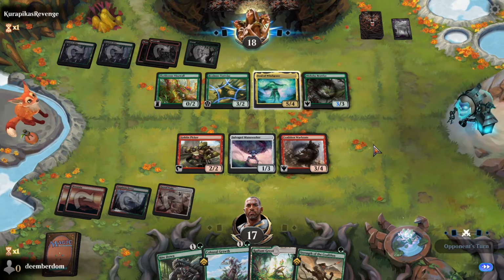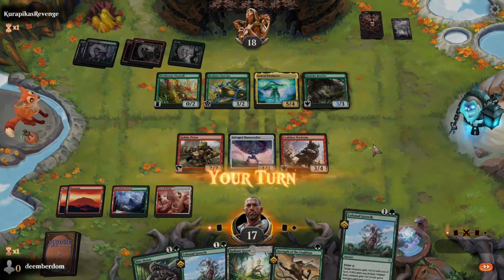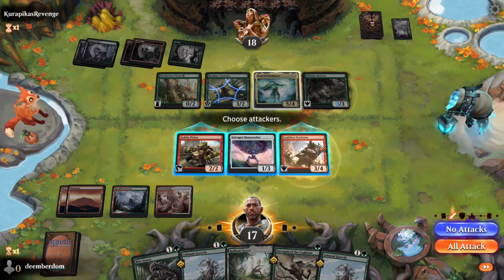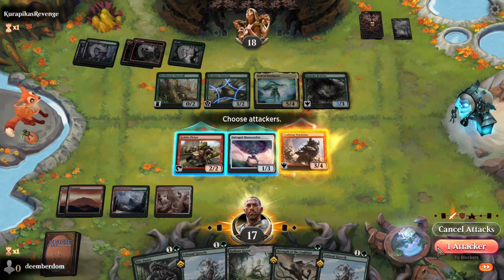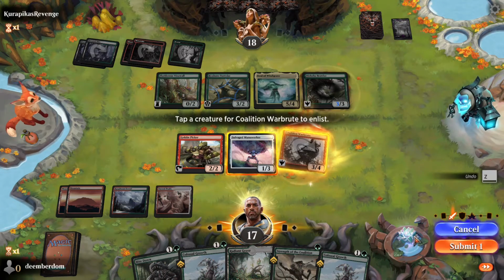Neshoba Brawler, so opponent has some really good stuff over there. Soul of Windgrace is already going off, and Neshoba Brawler is just really strong. We do have a couple combat tricks, so